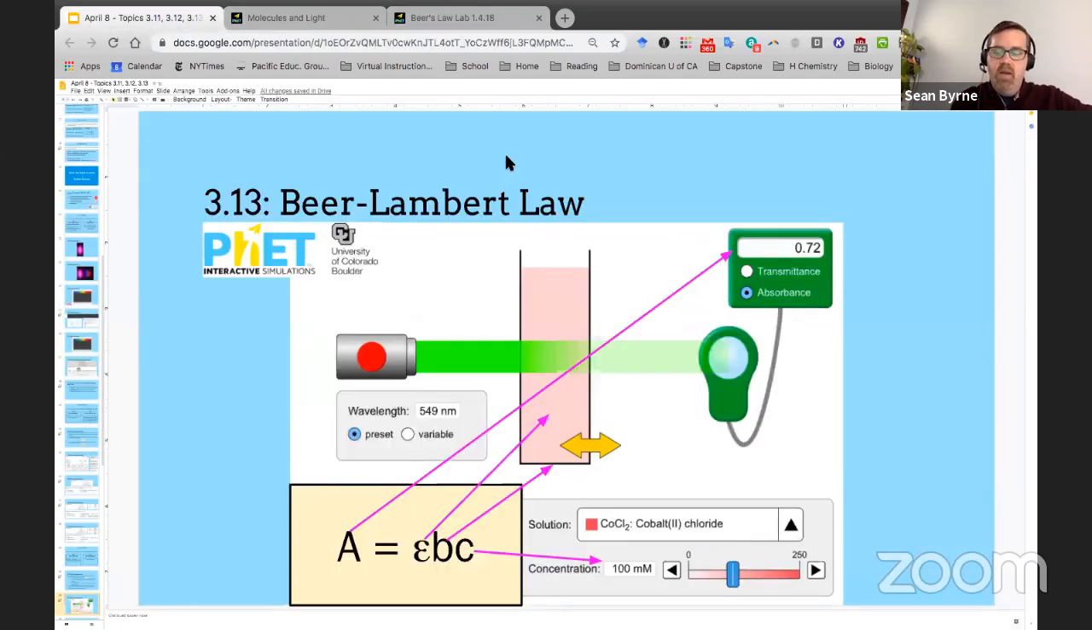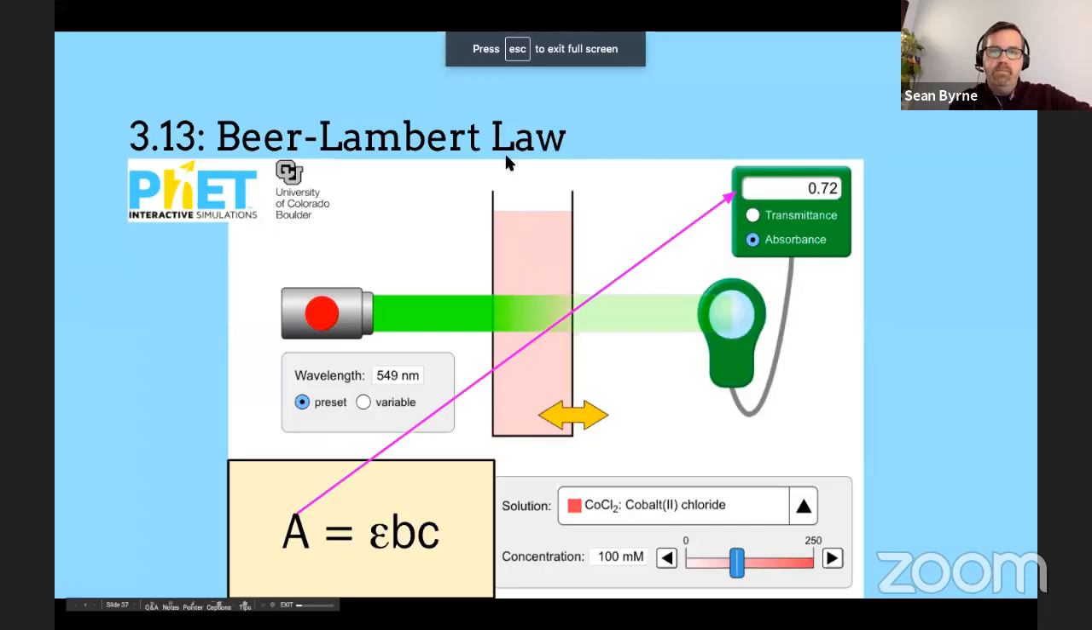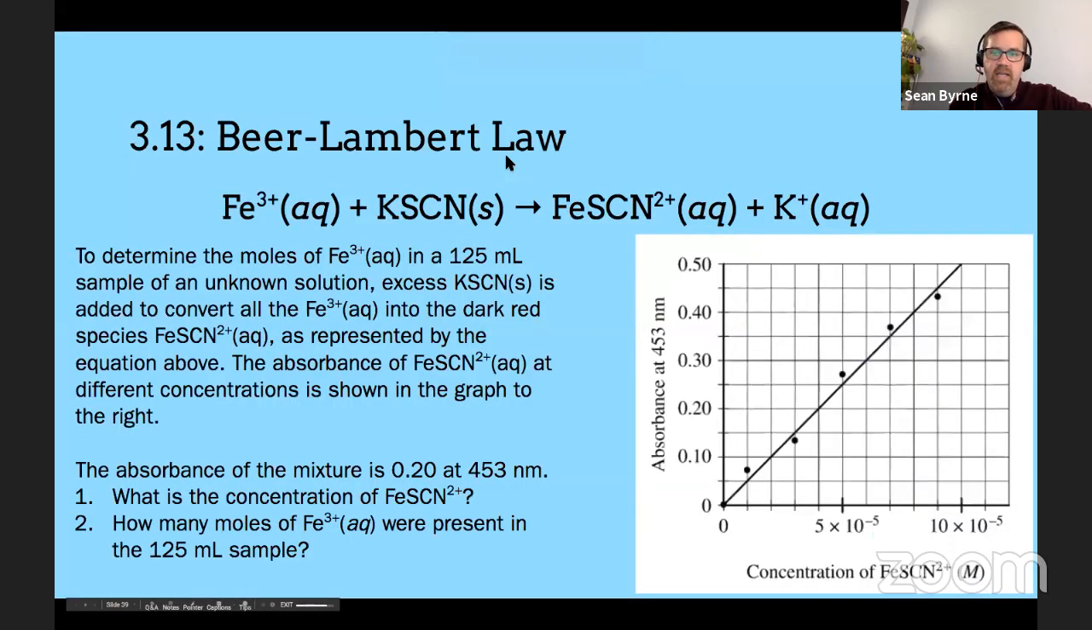The kinds of questions that you might be asked to consider would look like this. So a student is trying to determine the number of moles of iron 3 in a solution. And so they add potassium thiocyanate to the solution. So they convert all of the stuff into the iron thiocyanate, which is FeSCN. And this stuff has a dark red color. Okay, and so here's the key. What the student does is they make